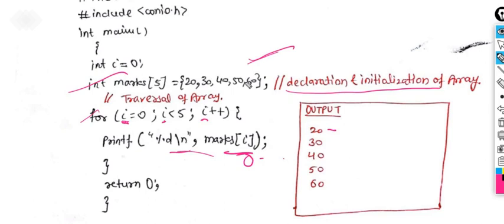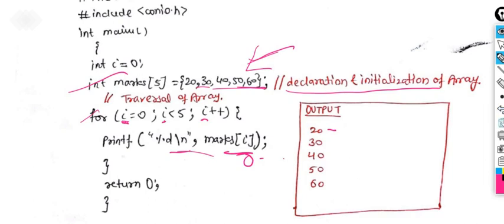You can also use the scanf function to insert the values of the array variable at the time of execution. So it's up to you. If you want to provide it statically, or constant values, you can provide it with the help of curly braces or, more simply, with the help of index values. And if you want to assign the values to the variable at the time of execution on the basis of need, you can do it with the help of the scanf function.